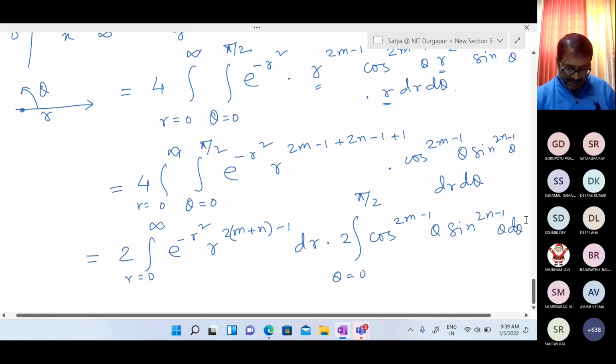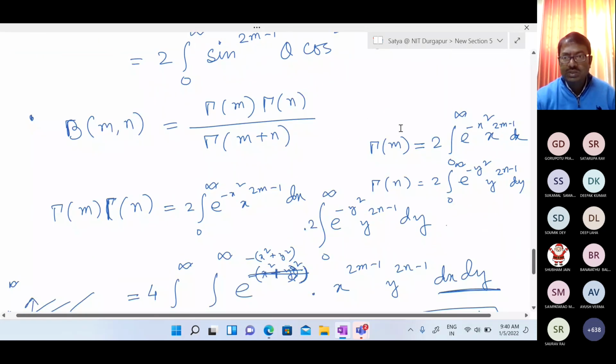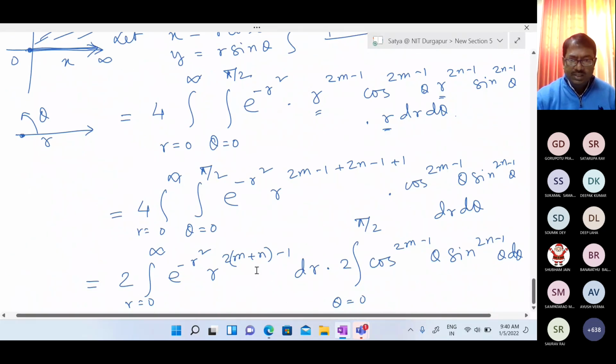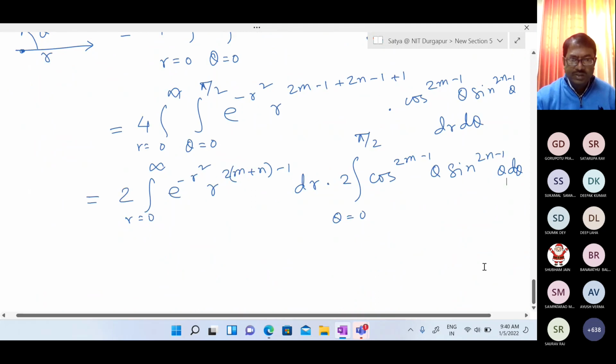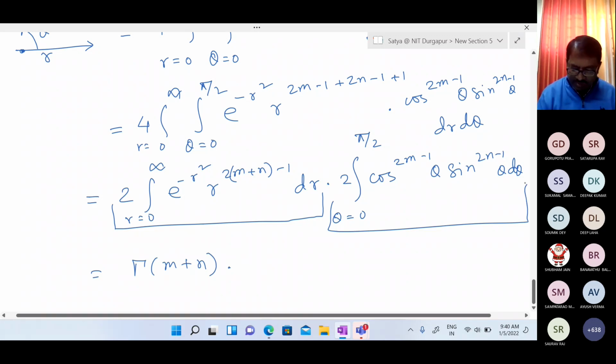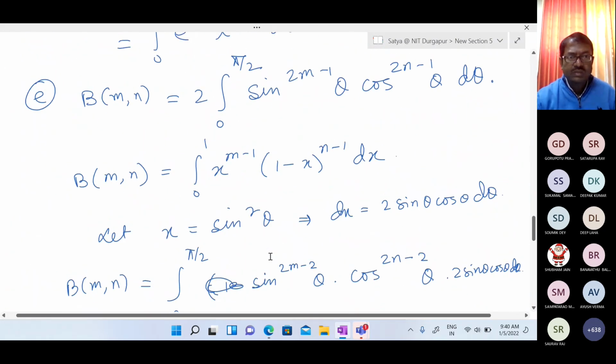Now the left side is just to prove this one. This is another form of the gamma function. Whatever notation I have taken from this one, if you compare, the left side is gamma m plus n. So put these two together. This portion is actually gamma m plus n. And for the right side, you can see this portion from the definition, not from the derivation of the definition. So we have proved this last one.